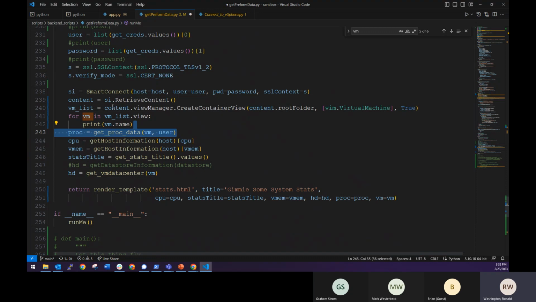We see this. Private things. Let's go try. All right. What are you thinking, Graham? Did I shoehorn this in? I think that should work. For VM and VM list view, print VM. Yeah, because we want this. And we changed this. We're no longer going to